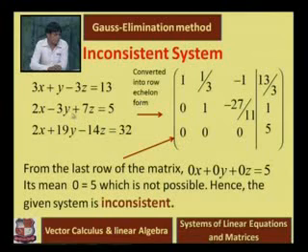After this, convert the system to an augmented matrix and do row operations, then convert that augmented matrix into the row echelon form. The resultant row echelon form is seen in this picture. Notice that in this row echelon form, the coefficients are 0, but the constant is 5, still 5. So from the last row of